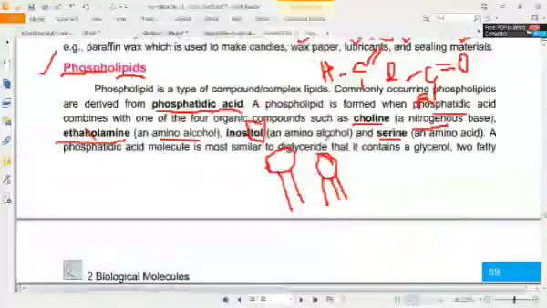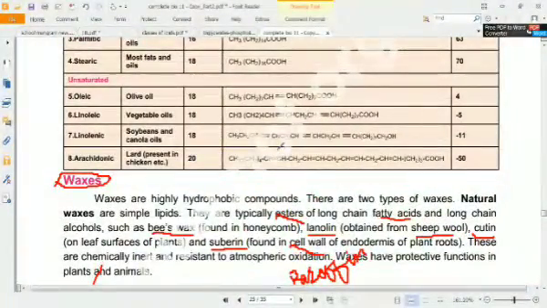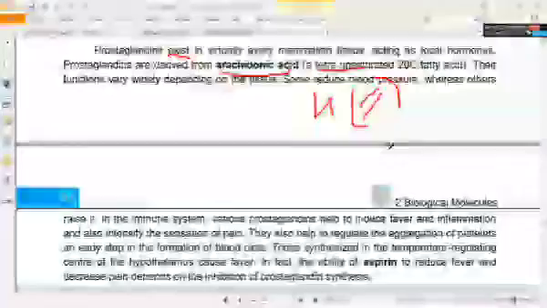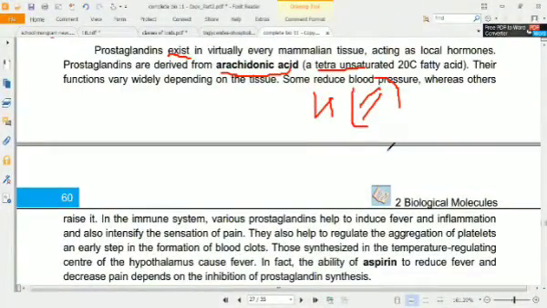We can see here the previous page, previous topic. So you can see here arachidonic acid, 1 double bond is present here, and number 2, 3 and 4 are present here. So that is a tetra unsaturated 20 carbon fatty acid. Okay, if we talk about its function, a very important function is done by prostaglandin hormones, which are actually derived from